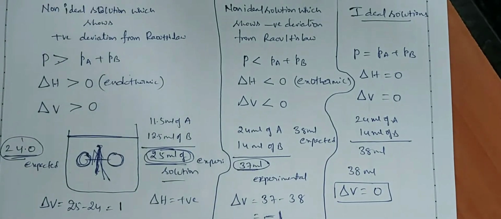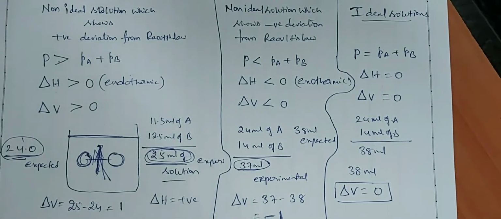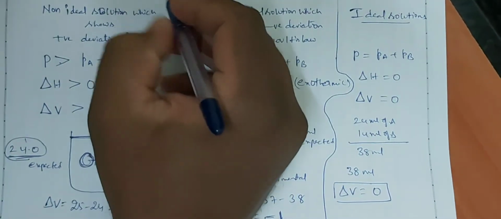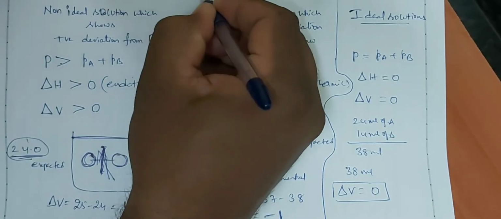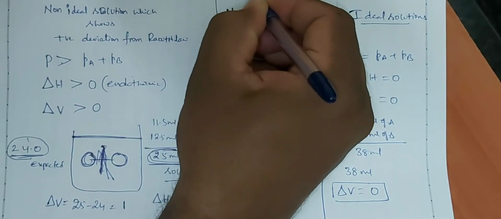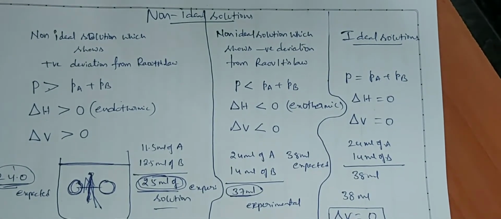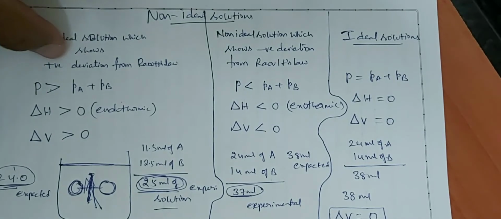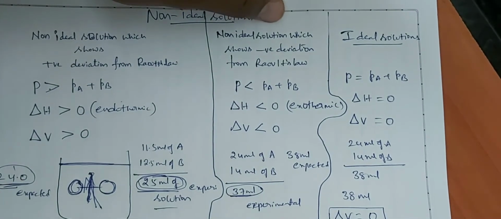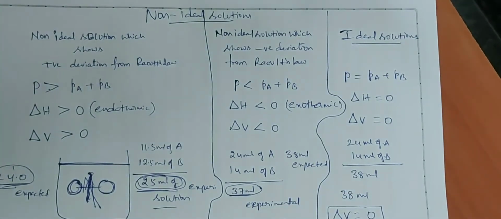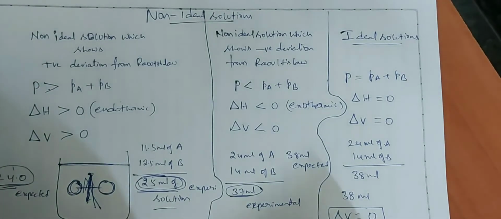These are commonly called liquid-liquid solutions. Liquid-liquid solutions are classified into two types: ideal solutions and non-ideal solutions. Non-ideal solutions are again of two types: non-ideal solutions which show positive deviation from Raoult's law, and non-ideal solutions which show negative deviation from Raoult's law. And this is the complete information. Okay, I hope you are clear. In these liquid solutions, our final side heading is azeotropic mixtures.